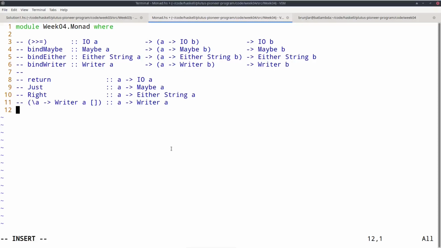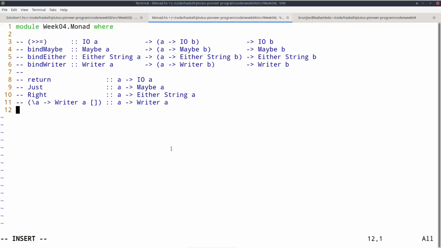You take a computation of the type of computations you're considering that results in A, and then a function from A to another such computation that results in a B, and you can bind the two together into a computation that results in B. And how this bind works depends on the case. In the case of IO, it's built-in magic, but you can think of it as just combining the two plans that describe the IO actions to take during execution.